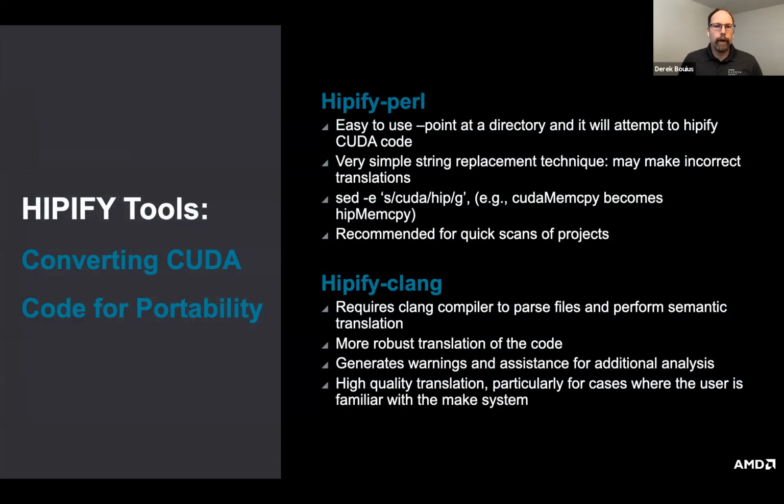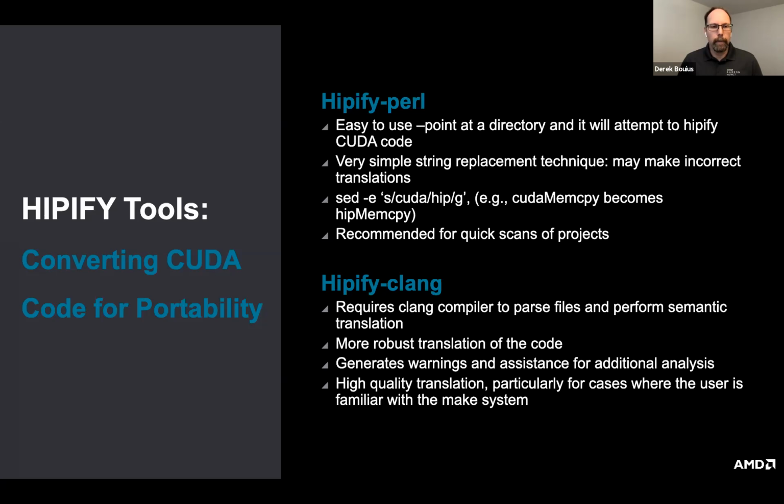So in terms of how to hipify code, we have two sets of methodologies. One's the hipify-perl, and the other one's hipify-clang. So Perl is really just a search and replace technique. It does a quick scan of the project. So you basically just point it at the directory with all your code, and it scans and replaces the code